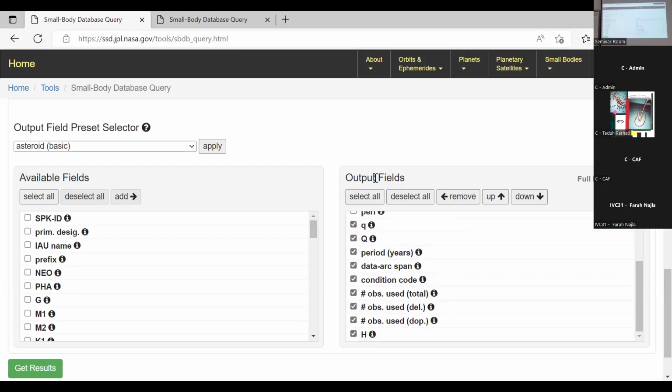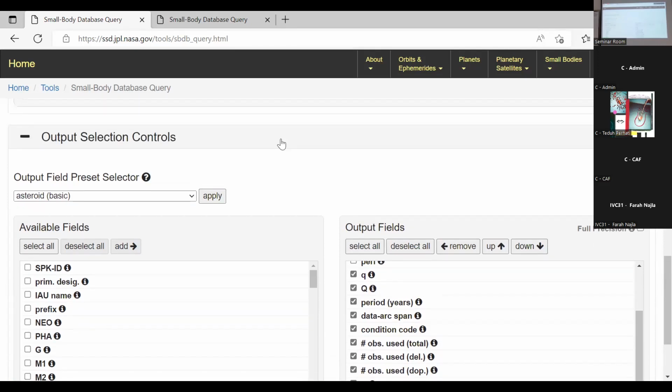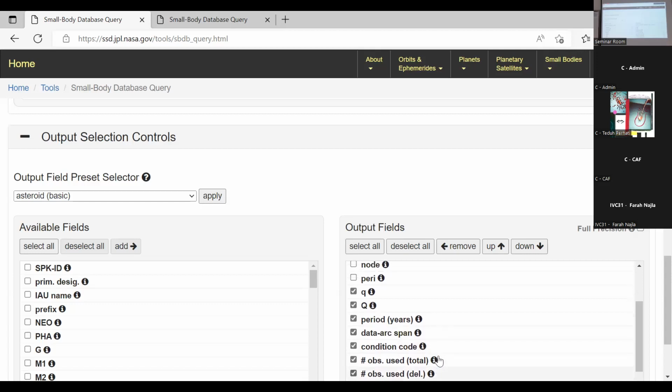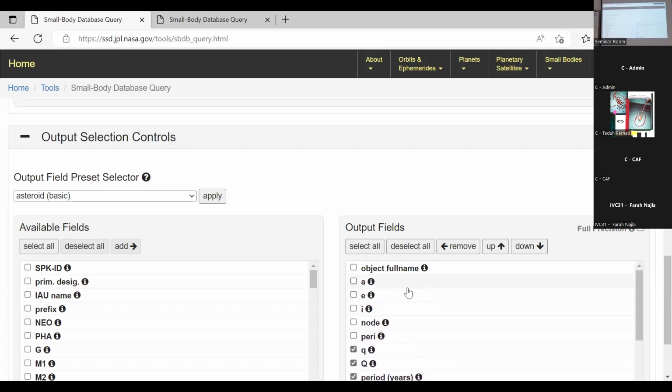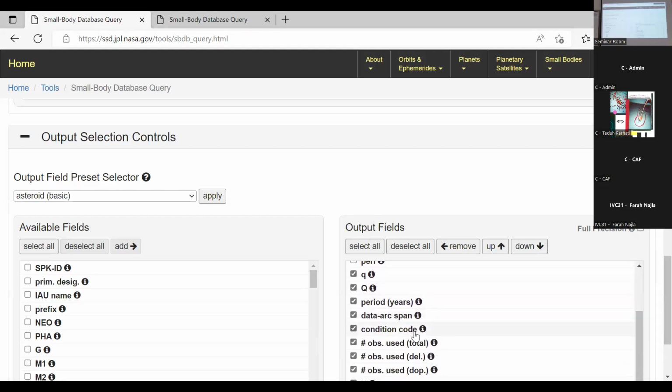Okay, the first step in this part, you just click apply, asteroid basic, then the output field. You will have many entries here for outputs. What outputs do you want? Actually, we only need 6. Mean anomaly, you don't have?